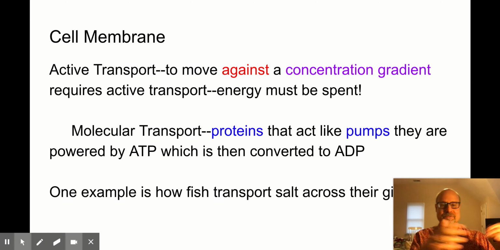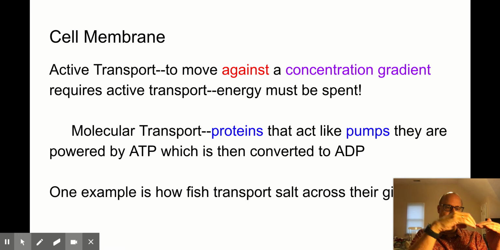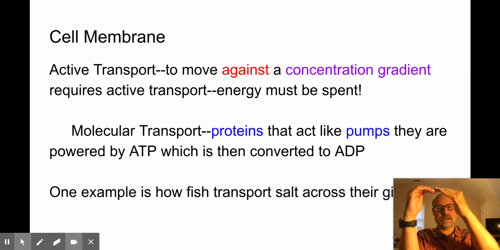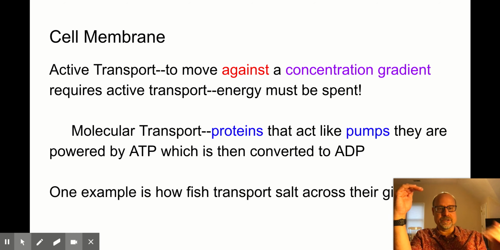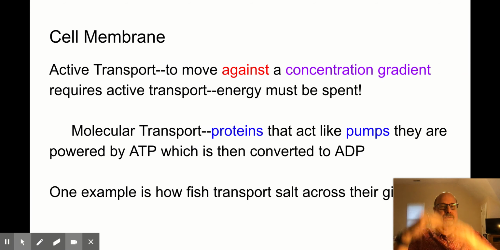Active, right there, active. All right, so passive transport, things go from a high concentration to a low concentration. They do it automatically, no energy is spent. Active transport is when you move a solute from a low concentration to a high concentration. It doesn't want to go there. It doesn't do that automatically. It doesn't take any energy to fall down the mountain, but it takes energy to climb up the mountain,